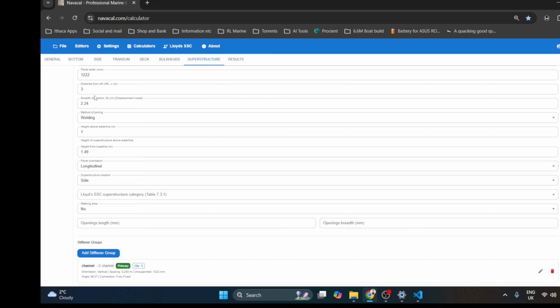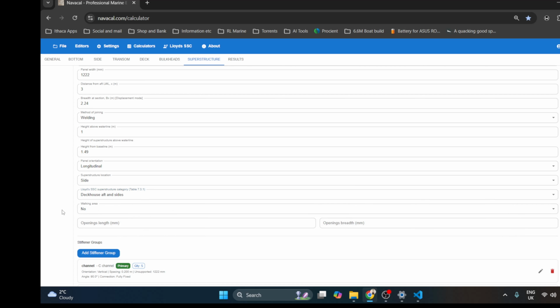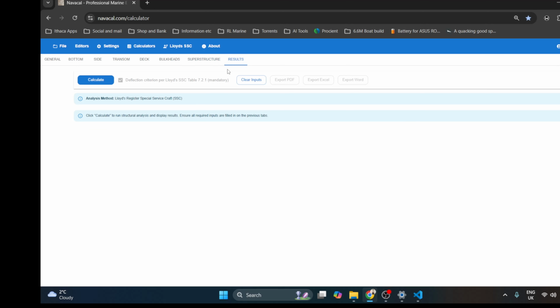And then look in the superstructure here. It's an additional Lloyds input here, so we've got the superstructure category from Lloyds. So basically, if you go through each tab, fill out all the details, the tooltips are there to help out, and then once everything has been filled out, what you can do is